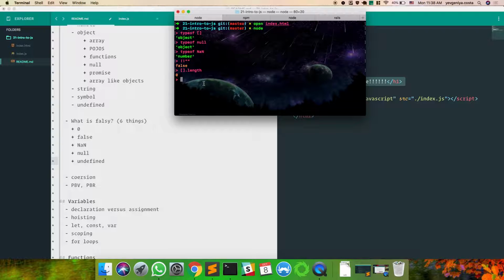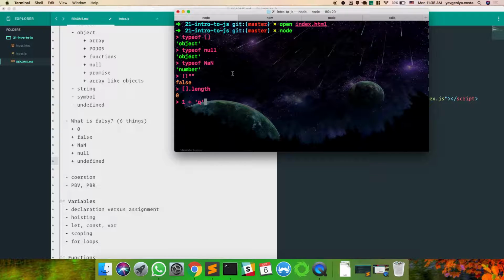Hugo? 1 plus string plus. Yeah. So I'll give it a string. What do you think this will return? I'll make it bigger. Is this too small? What do you think this will return? It's a string.